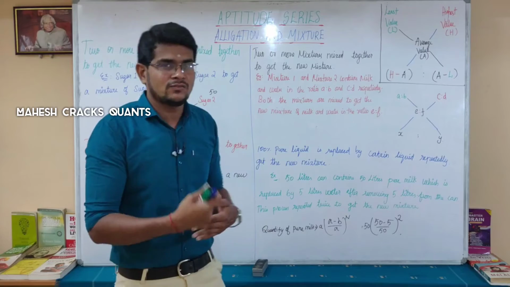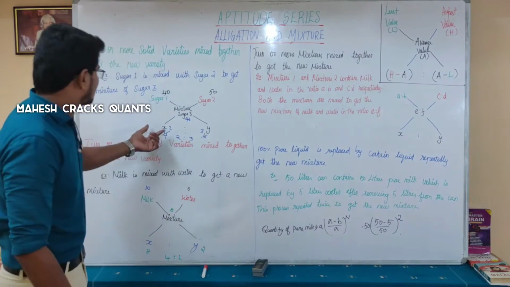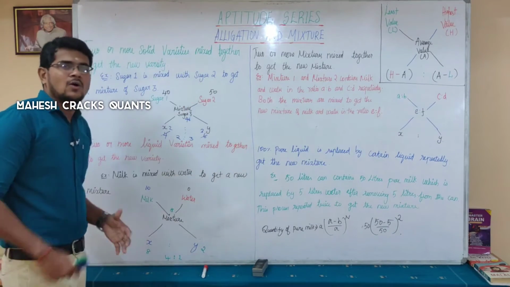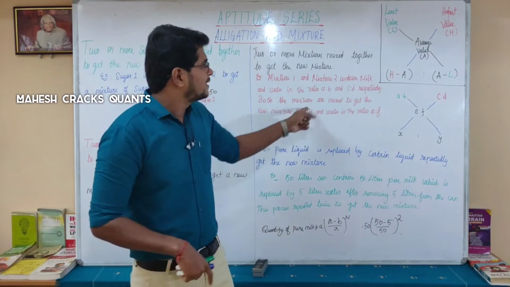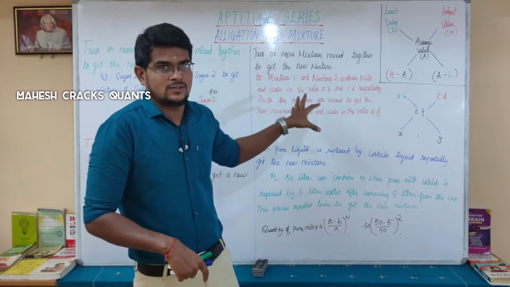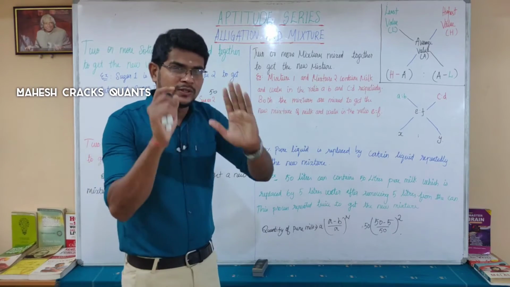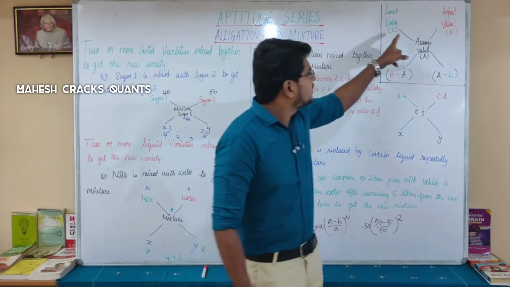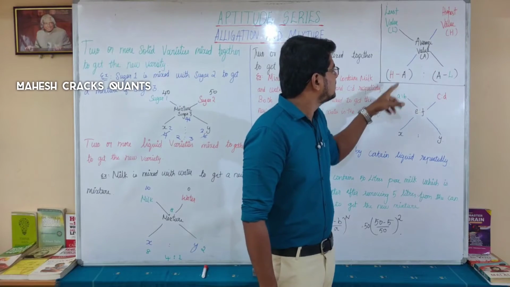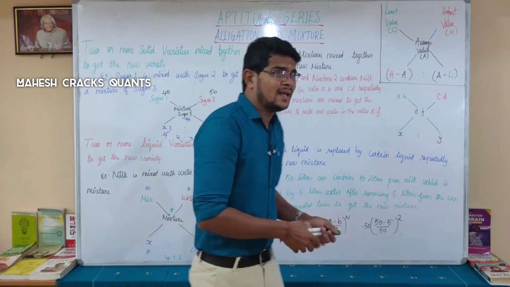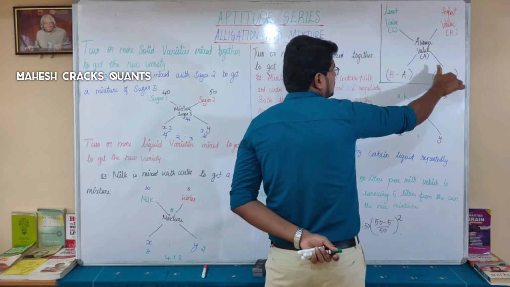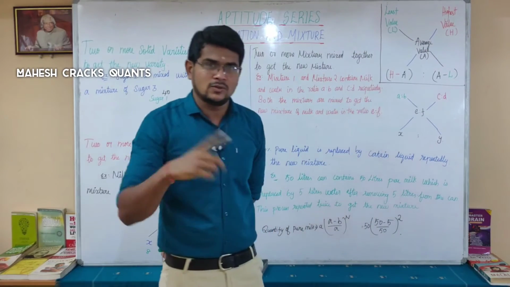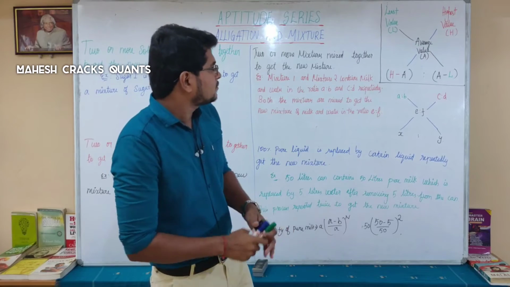How many liters of water is mixed? In this case, how many kgs of sugar is mixed? In this case, you will get the ratio value. While solving an example, you will know this. So, you need to know one formula: least value, highest value, and the average in the middle. The difference between the average and one value is placed on the opposite side, and the difference between the average and the other value is placed on the other side. That is what is important.